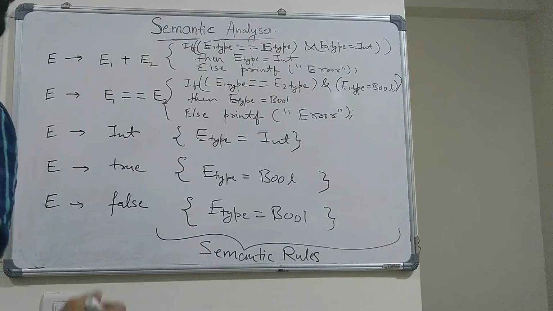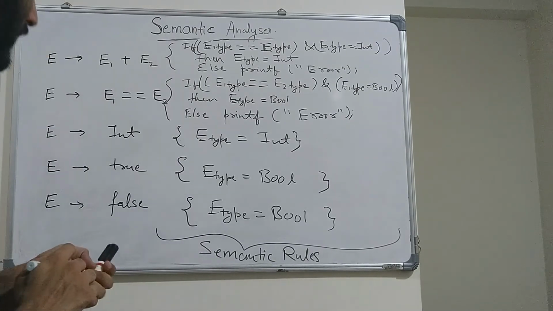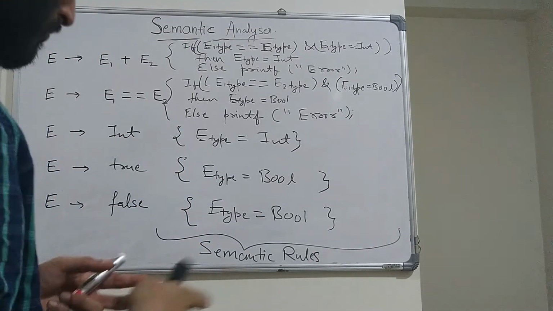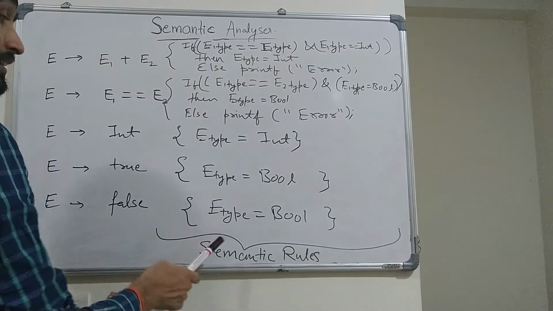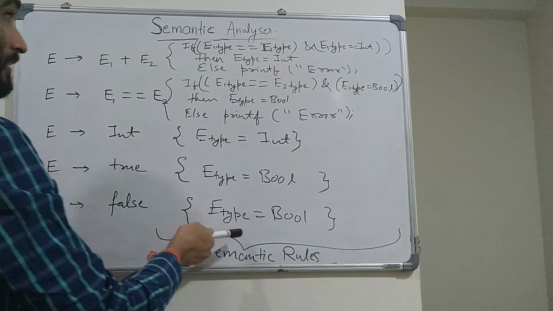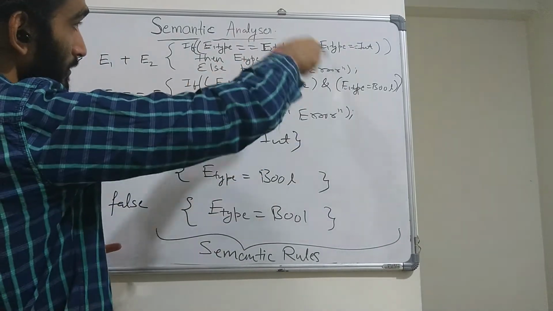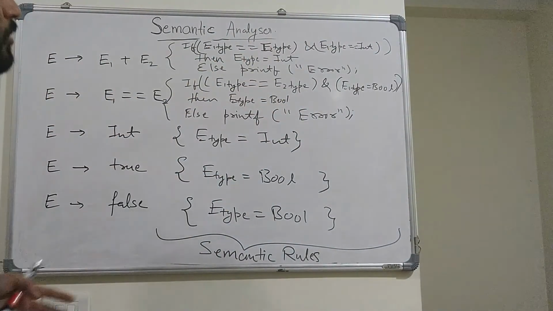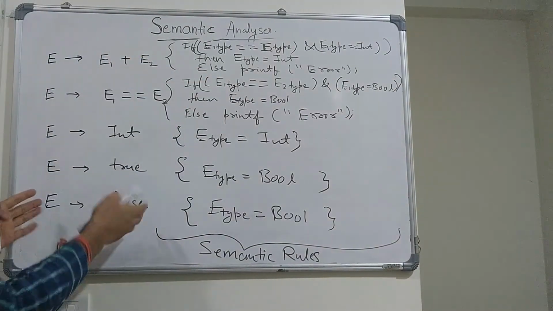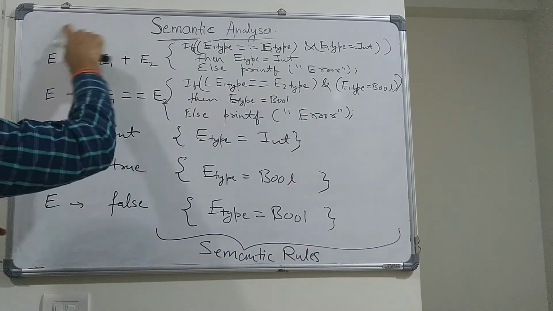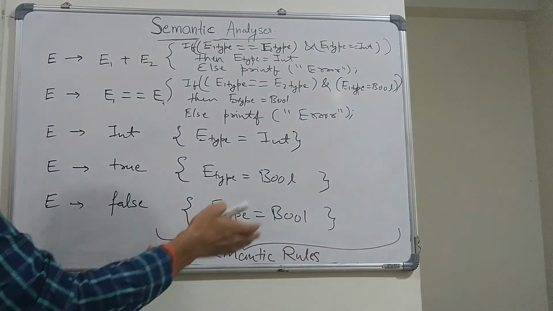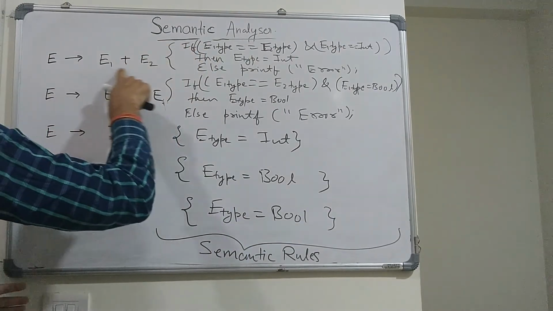So in here, now we have seen a little of what kind of attribute information I am using here: it is type information, right? So I am assigning the types of variables, right? And these types of rules are known as semantic rules, and we are going to use these semantic rules in a CFG. So you can clearly see this is the only part of the CFG, right?